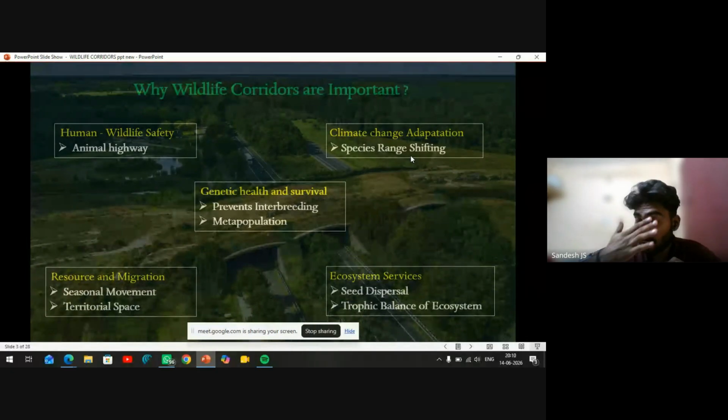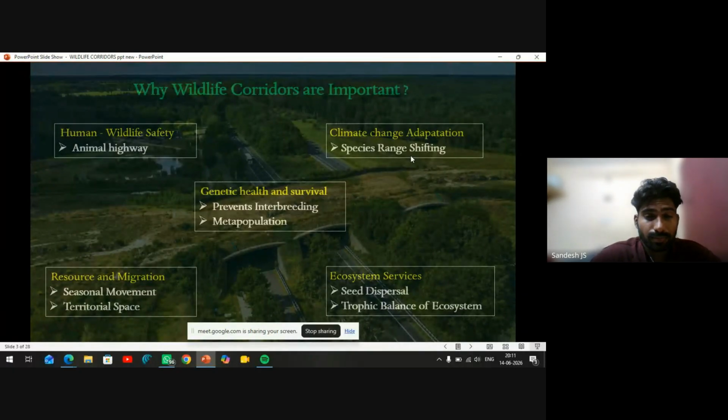So they don't know whether a new highway is constructed in their path or not. So they naturally move and then conflict occurs, collisions occur. They may attack a human or not. It converts territorial spaces. So wildlife corridors